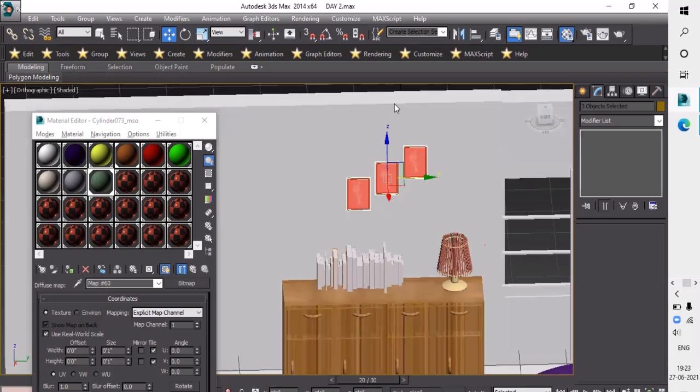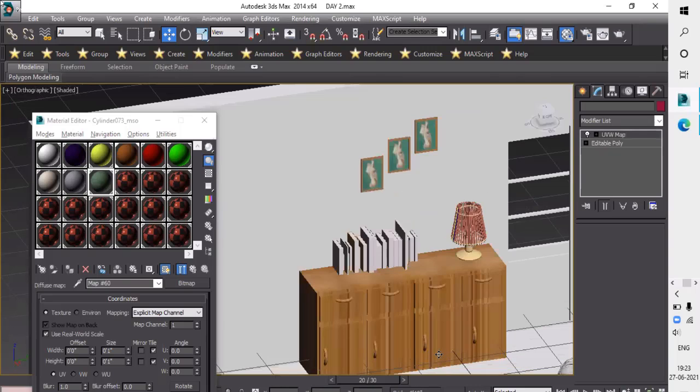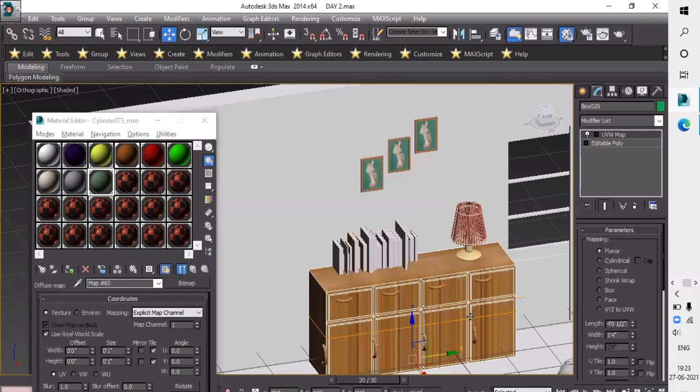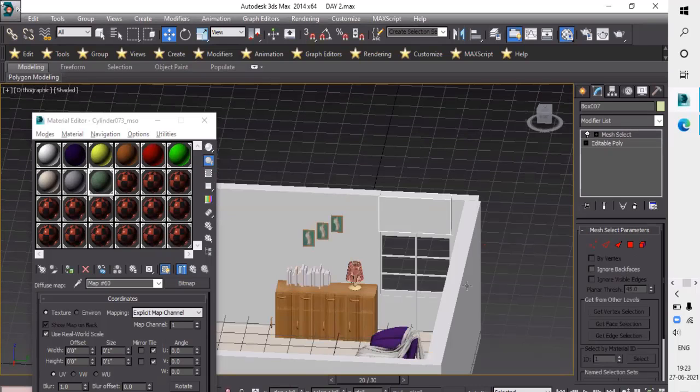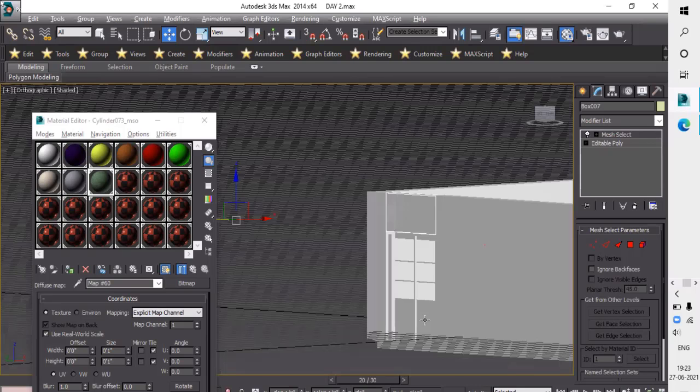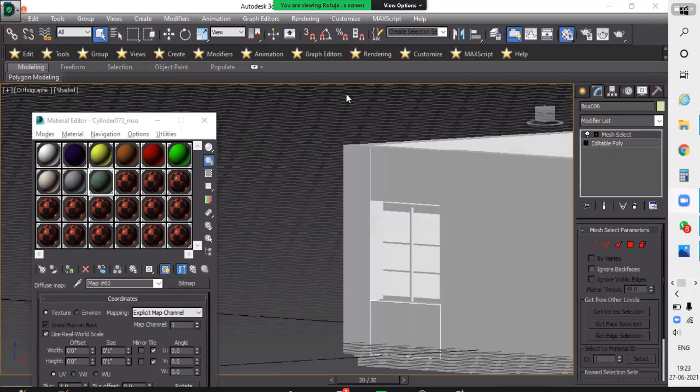Yeah, it's done now. Does anyone have doubts about how to make this frame? Please ask me. I will tell you. Everyone should know how I create this one. It says no, ma'am. There is a chat box.